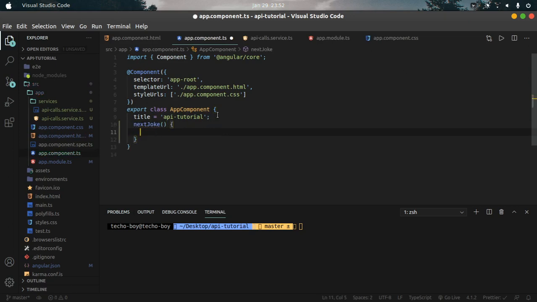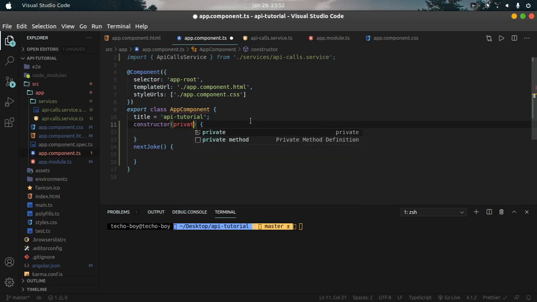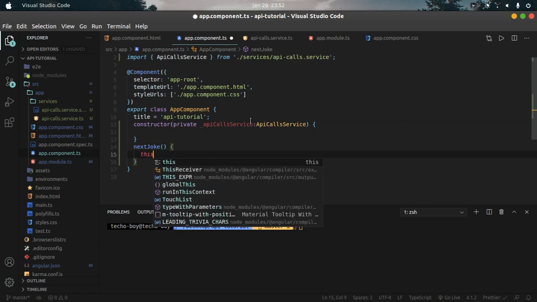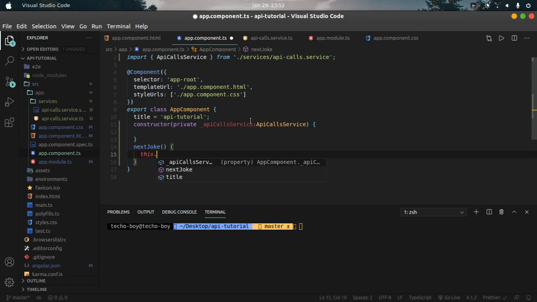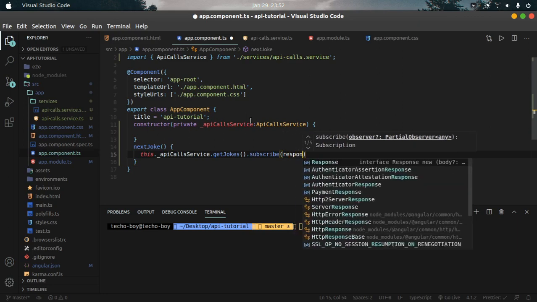So this is our next joke, and then we are going to import this API call service from there. And the best thing would be to initialize it in a constructor. And then we are going to use something like this dot get jokes dot, and here we are going to subscribe to it, and then we are going to get a response out of it,